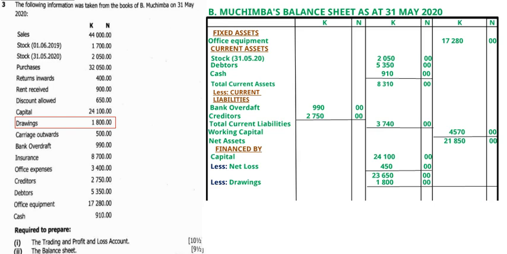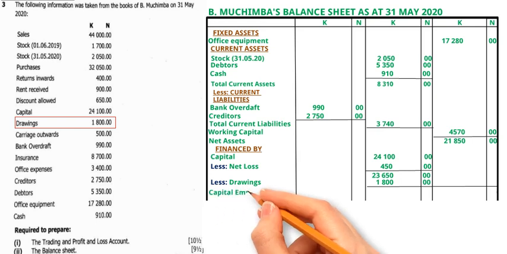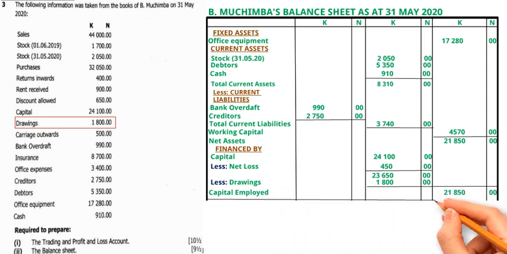So when we say 23,650 kwacha minus 1,800, it will give us 21,850 kwacha as capital employed. Like this, you can see that the capital employed and the net assets are equal. That means our balance sheet for Mr. Mchimba is well done. Okay, like this, that's how it's supposed to be done, and you get all the marks